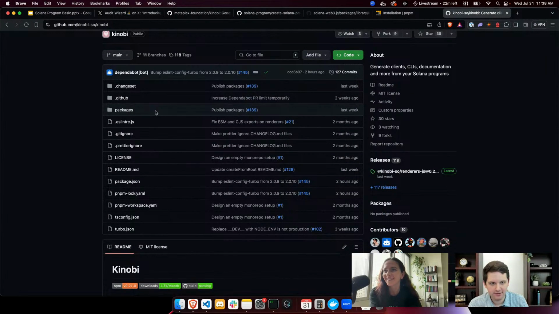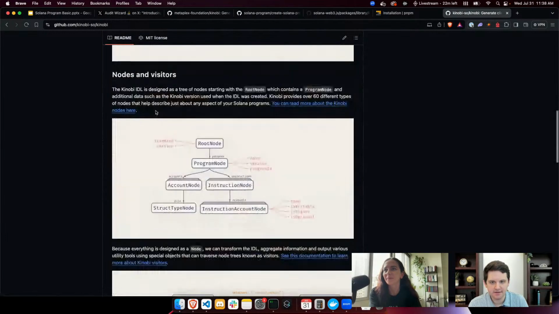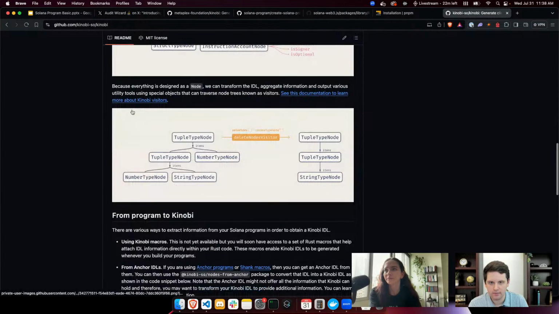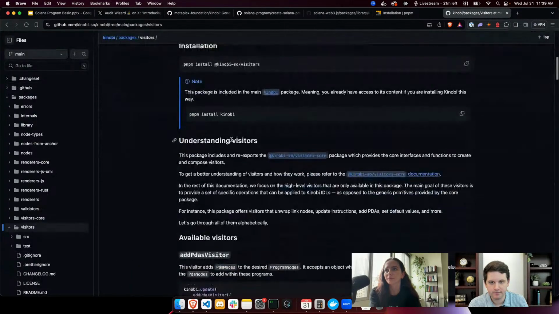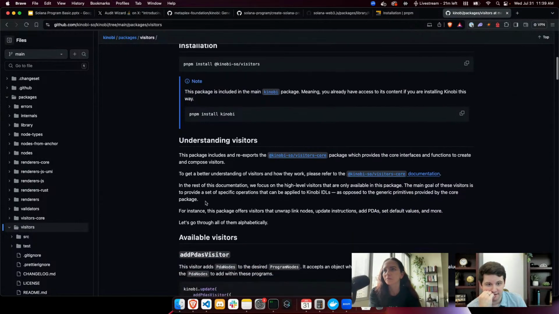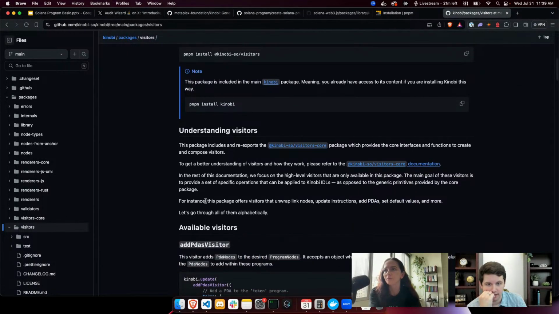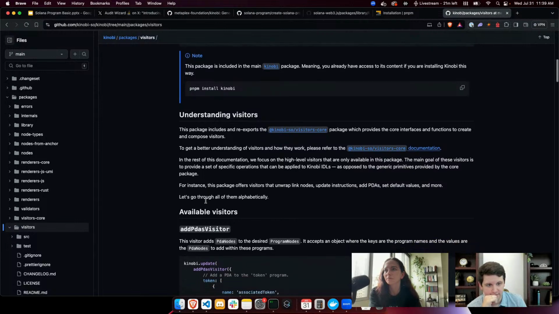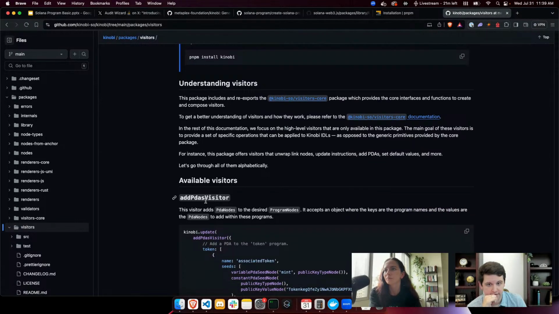Okay, cool. I appreciate that. This does give me some more information. Let's see, click buttons. Okay. More about visitors. IDLs to manipulate their nodes, install visitors, understanding visitors, high-level visitors that are only available in this package. The main goal of these visitors is to provide a set of specific operations that can be applied to Kinobi